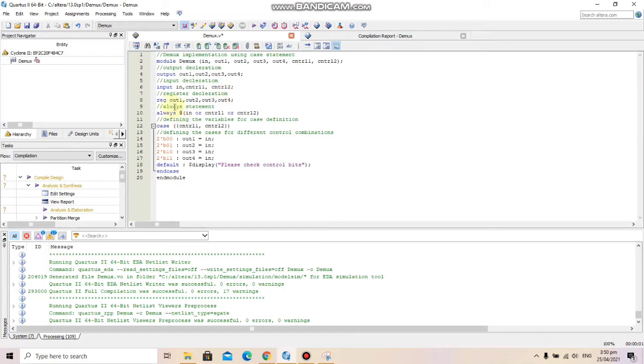Then we create the register. As we know, in the case statements we need the register which is to be updated, and we have 4 outputs, so 4 registers, and then the always statement with the @ sign, and then the inputs in the brackets. Then the case statement in which we write the inputs that will be varying, that will be causing different cases. So here control 1 and control 2 will be varied to create different cases and different